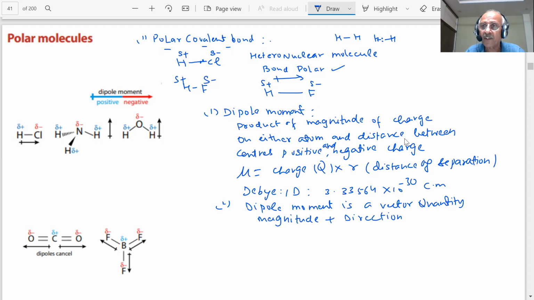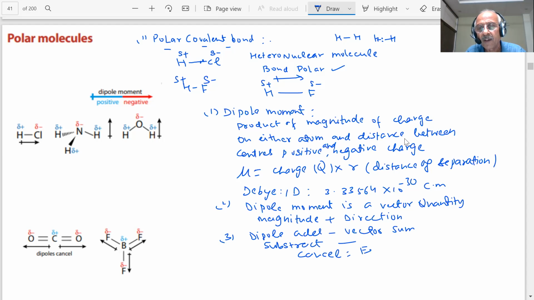If they are in the same direction, they can add. The dipoles can add like a vector sum. The dipoles can add as a vector sum. You have studied the vector, students, and also the dipole can subtract like a vector sum, and also dipoles can cancel.